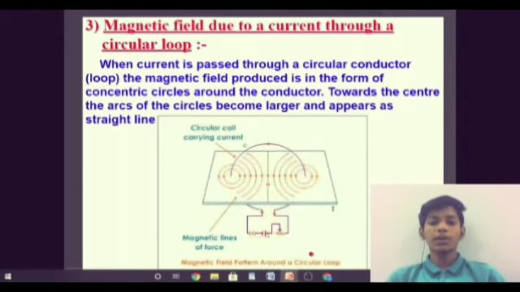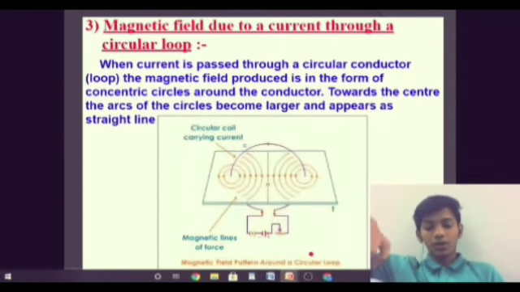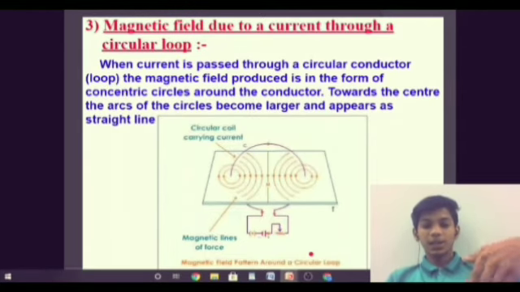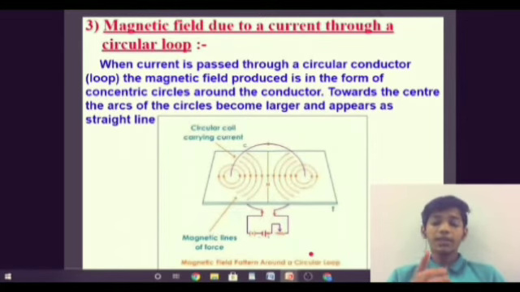Magnetic field due to current through a circular loop. When current is passed through a circular conductor, that is a loop, the magnetic field produced is in the form of concentric circles around the conductor. Towards the center, the arcs of the circles become larger and appear as a straight line. As you can see in the figure, the cardboard has a midpoint, and the conductor is passed along a circular path, so the direction of the current has two ways. At the right side the current goes one way, and at the left side the other way. As we have learned the thumb rule,